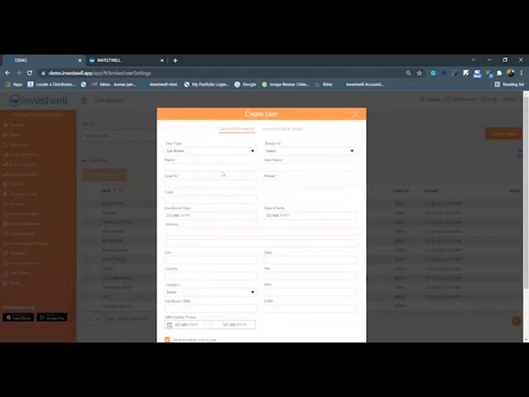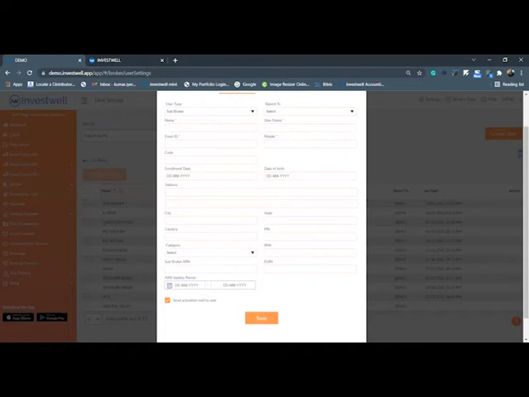Apart from this, these are all the other details which you need to fill up. There are only 4 things which are mandatory. You have to input a proper name, email ID, and username. You need to define a username, and also you need to enter the mobile number. Rest all details are not mandatory. You can even add the subbroker code, enrollment date, date of birth, address, city, state, PIN, everything.